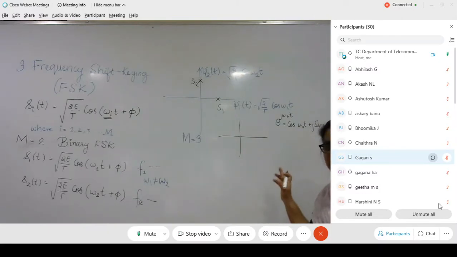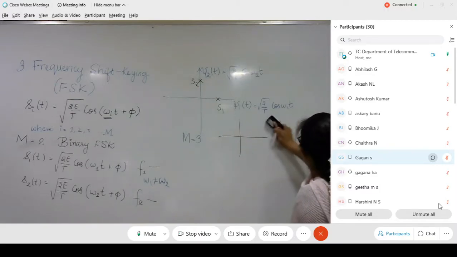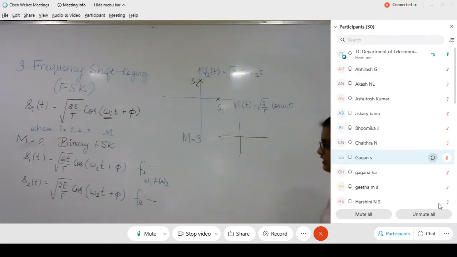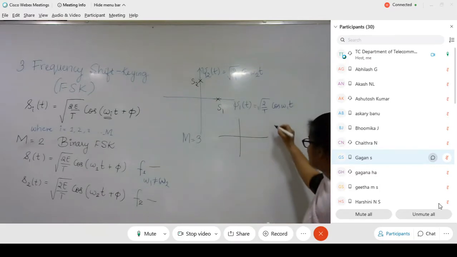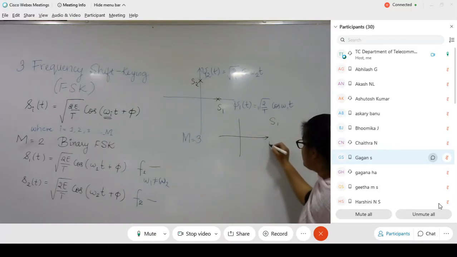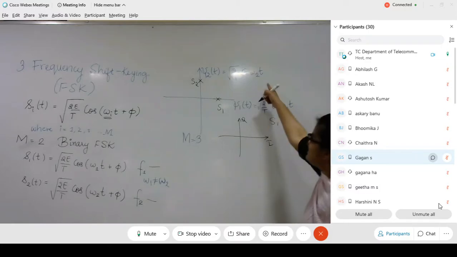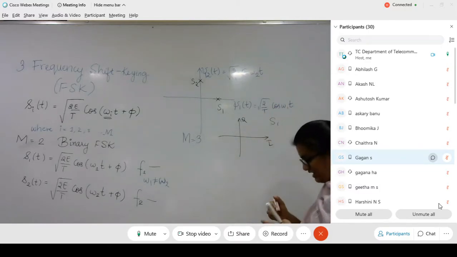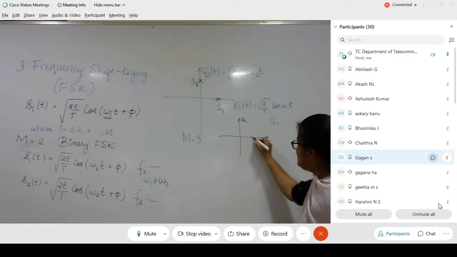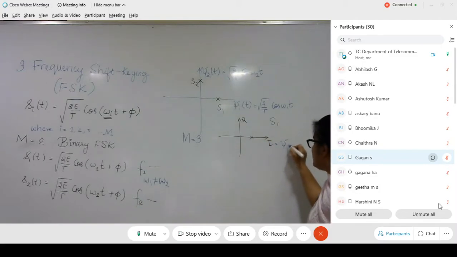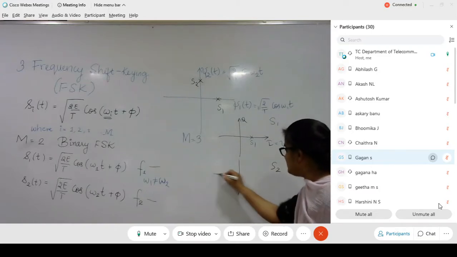I cannot apply a different frequency here. Cos and sin should be with the same frequency. Therefore, each one of the basis functions, or each one of the symbols, will have its own specific IQ plot. That means S1 has an IQ plot with I and Q, and here, since I am using the cosine function, S1 can be located along the in-phase axis, with respect to Xi1. This is S1, and similarly for S2 I'll have another IQ plot.